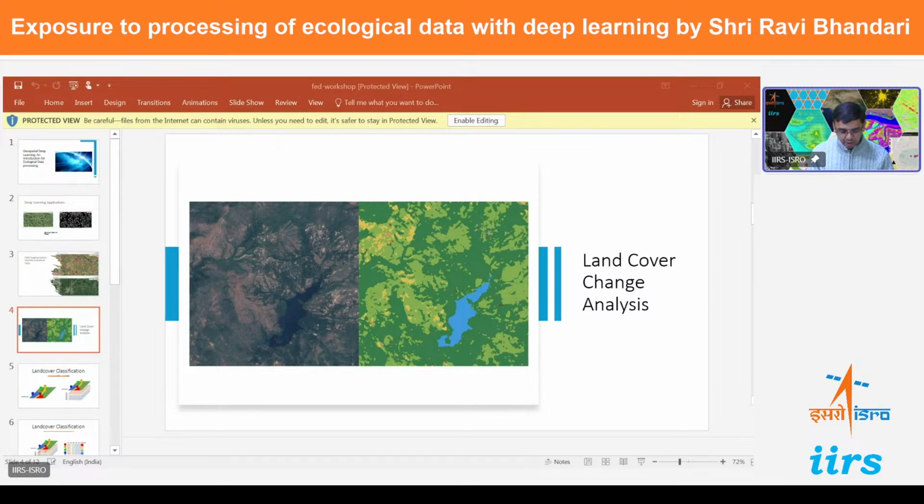Right, so this is one of the good applications of deep learning for ecological data applications. And this is how we go about building a model. First we need to take your area of interest, the area which you want to classify. For that, first we need to take some training samples, right? So where